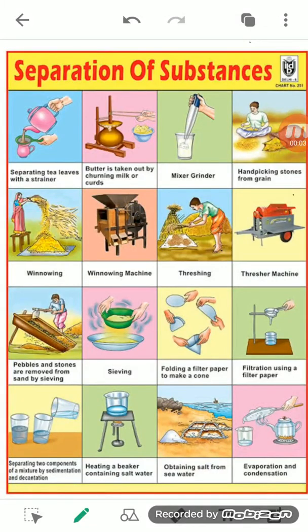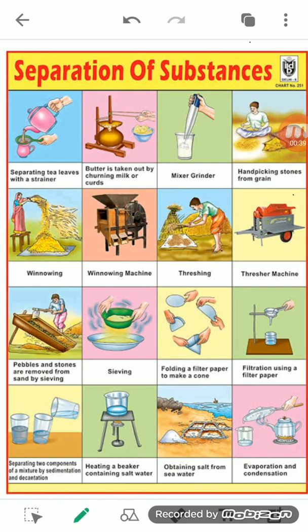Hello, students. We have learned about the grouping of things in the previous chapter. Many things, like wood or stone, are used as such. However, there are a number of substances available in nature that are mixed with other substances. And in order to use these substances, we have to separate them. We have to separate the mixture.